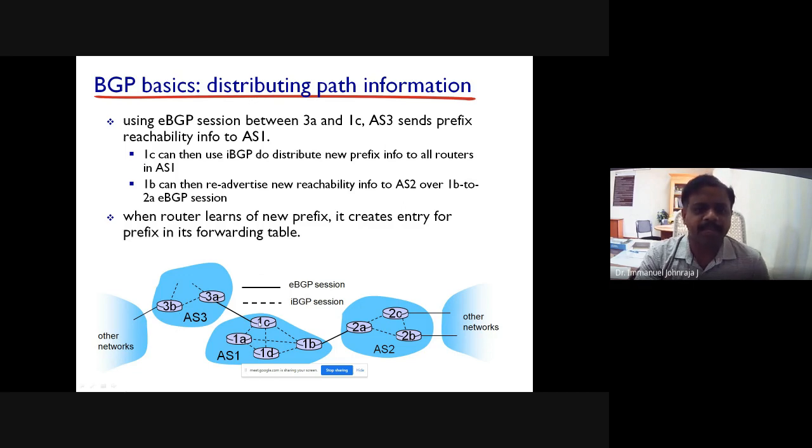Now, 1C can use IBGP to exchange the routing information to all these, 1A, 1B, and so on. You also could see 1B is permitted to re-advertise this reachable information to autonomous system 2, or 1B to 2A, through eBGP. So very simple. The point you have to drive here is that eBGP information, and IBGP is for the internal circulation. All right. When the router learns a new prefix, if it is new to this, it creates the entry in